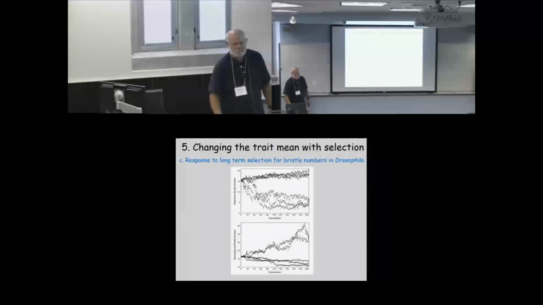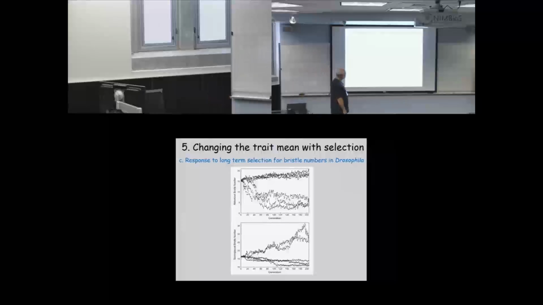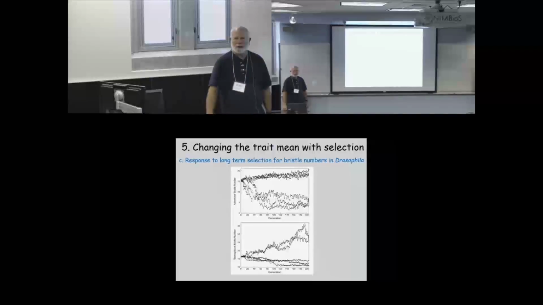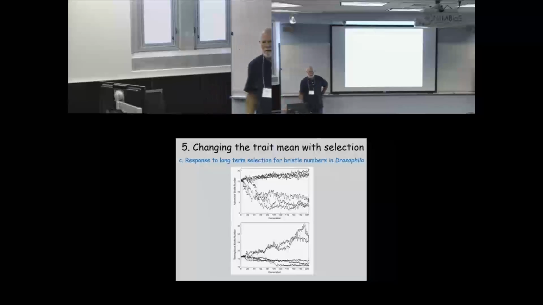The summary slide, you mean? Right. So it's been a while since I've looked at it. Do they get the expected result that you get less heritability for life history traits? Is that what they got? I can't remember. Yeah, that's it. And they classified different kinds of traits from a large sample of publications. Yeah. So they found behavior has less heritability than physiology, and physiology has less than morphology,